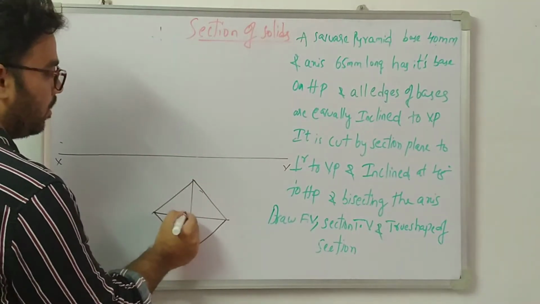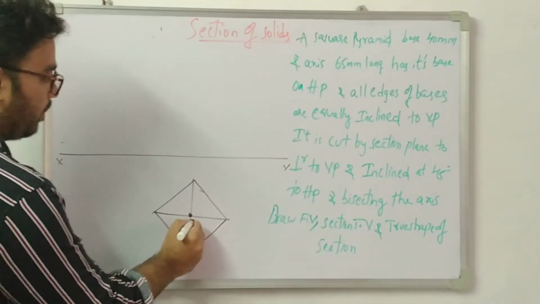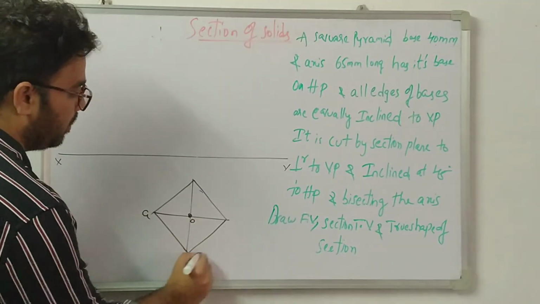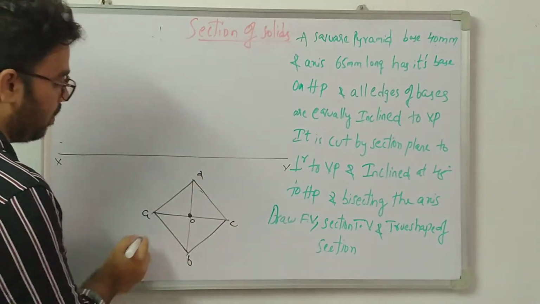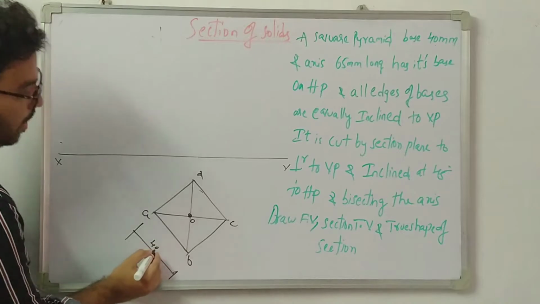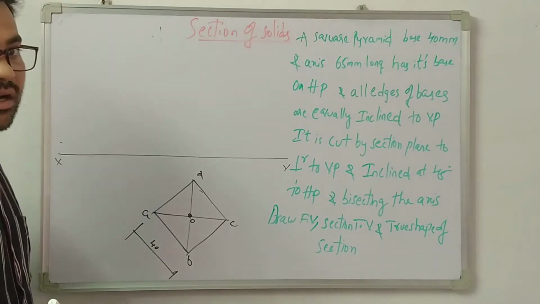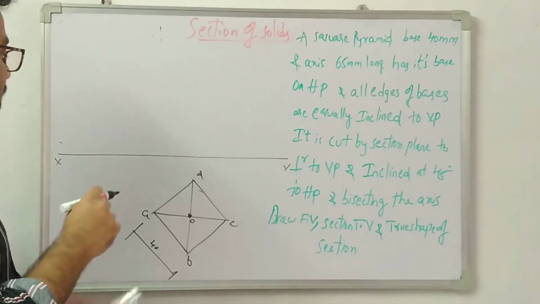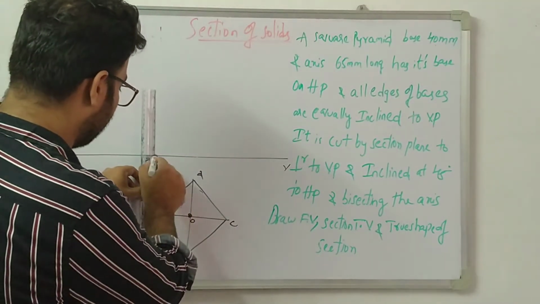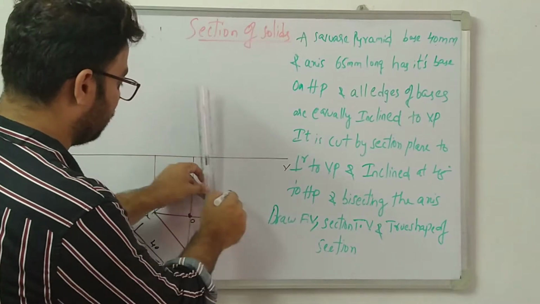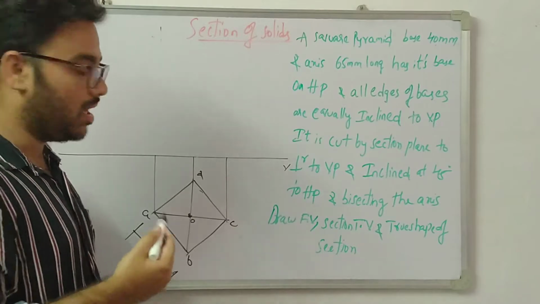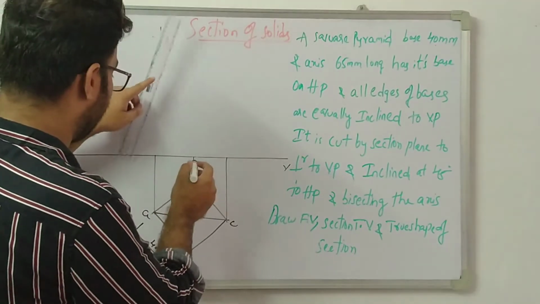Now I got an apex point, O. Now give the names: A, B, C, D. What is this length? This length is mentioned in the problem, 40 mm. From there onwards, simply project the lines upwards. From A dash onwards, draw the projection line. From D, draw the projection line. From C, draw the projection lines. B and D, both slant edges are in a straight manner, so we won't get the D dash slant edge separately.